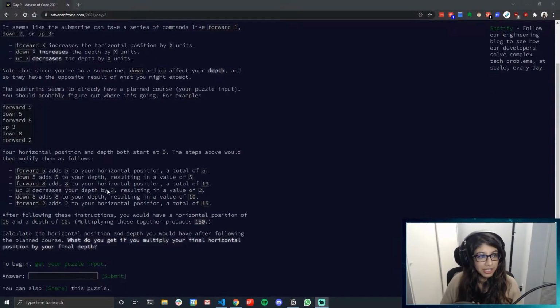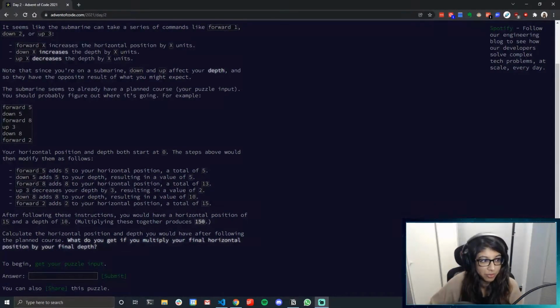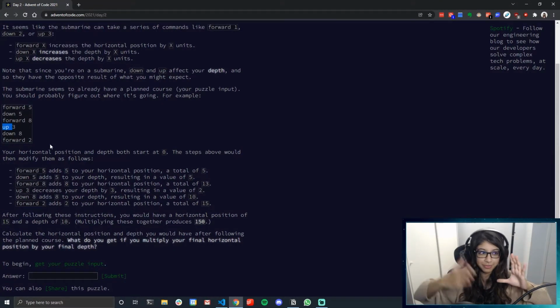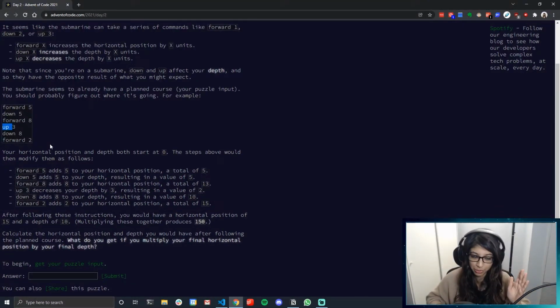Okay, so taking a look at this, it sounds like we have a few things we need to think about. One of them is that we have these commands for forward, down, forward, up. Basically, there's a forward and then a down and up. The forward affects our horizontal position. It looks like we only go forward on the horizontal, and then we have up and down, which up decreases the depth because, like, if you're in a pool, makes sense. Up means you're going higher to the surface, and down increases the depth because you go lower to, well,